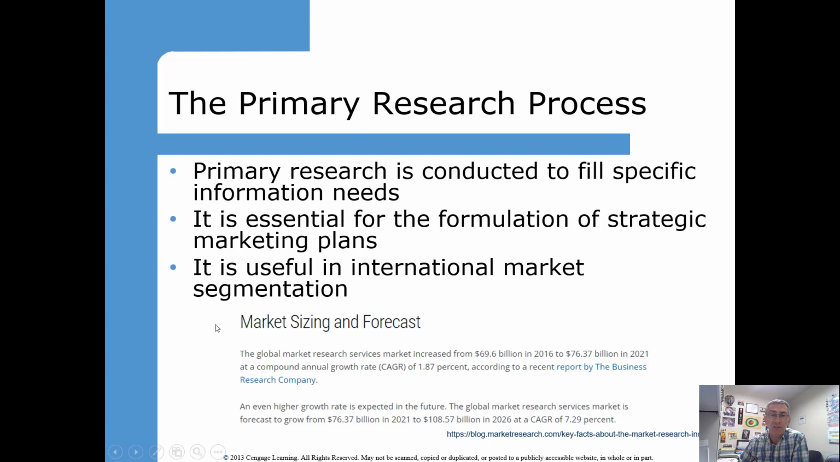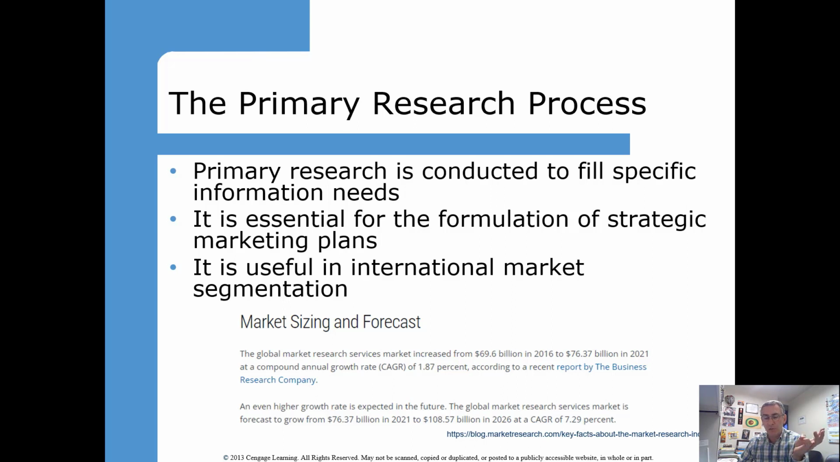And so here's an example of market sizing and forecast. The Global Market Research Service, this is to give you an idea how big market research is. The Global Market Research Service increased to $69 billion in 2016 and $76 billion in 2021. So it is incredible how big a market it is. And you'll see that the top 10 advertising firms in the world are not the same firms as the market research firms, right? Again, just to give you an idea how significant a market it is,